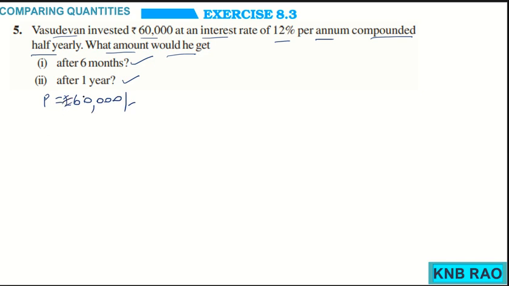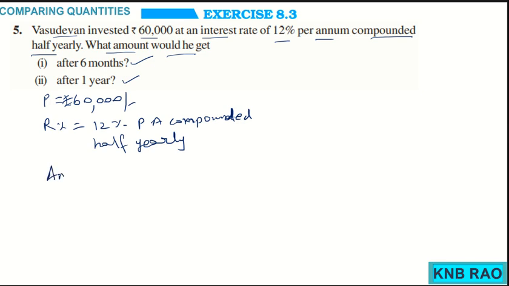then the rate of interest is 12% per annum, but compounded half yearly. And we have the amount by the end of the first 6 months,